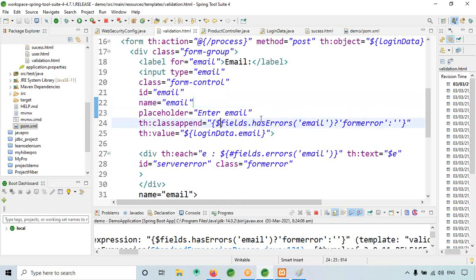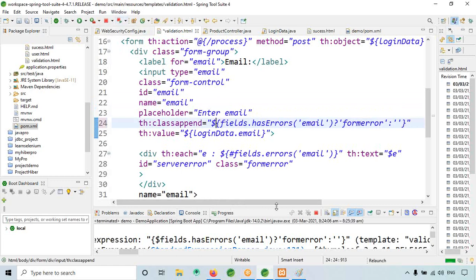Okay, see here, this dollar should come outside here. Okay, now I think it will work. Fields dot has errors email form error. I think now it should work.